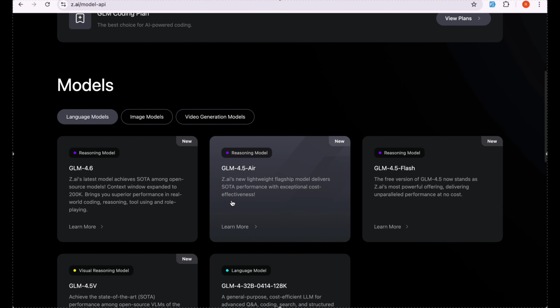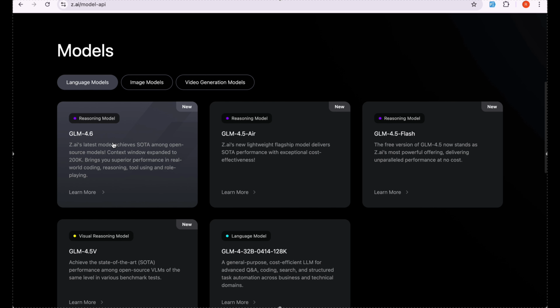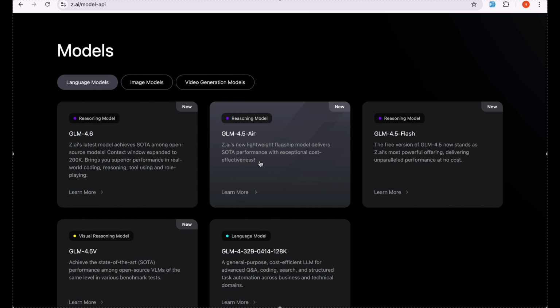So let's look at Z.ai's key AI models. First of all, we have the reasoning model GLM 4.6, their latest reasoning model with a massive 200K context window, great for coding, problem solving, and complex tasks. There is also a lightweight and free version delivering strong performance at low cost. We will see a demo using this model, how it can bring results. And there are some other models like GLM 4.5, GLM 4.5 Flash, and GLM